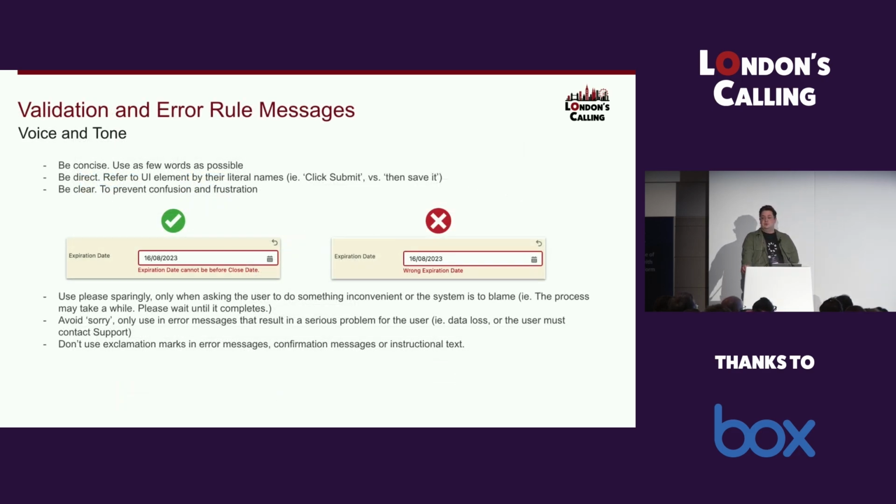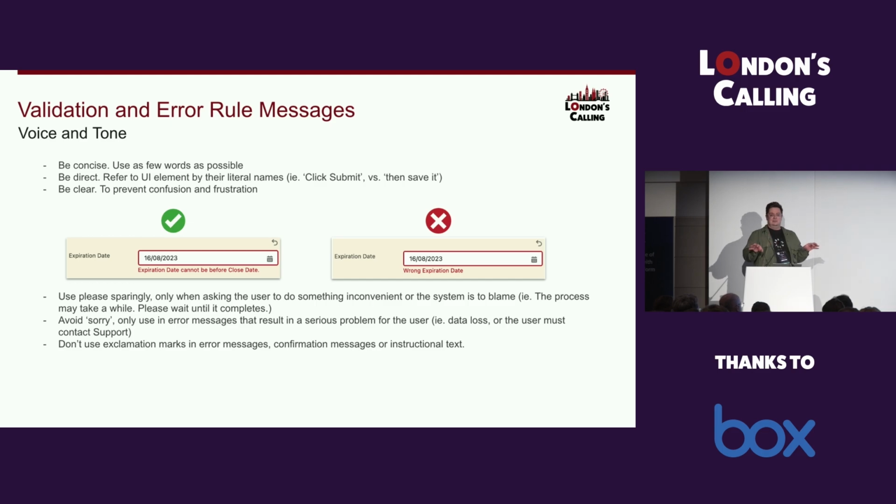Validation and error rule messages. Another topic that I really, really like. And this is for error messages, and on your screen flows as well, maybe. Or I can talk here about what your button should say on your screen flow. Again, should you just say next, or should you have a custom label for it? Whatever you do,